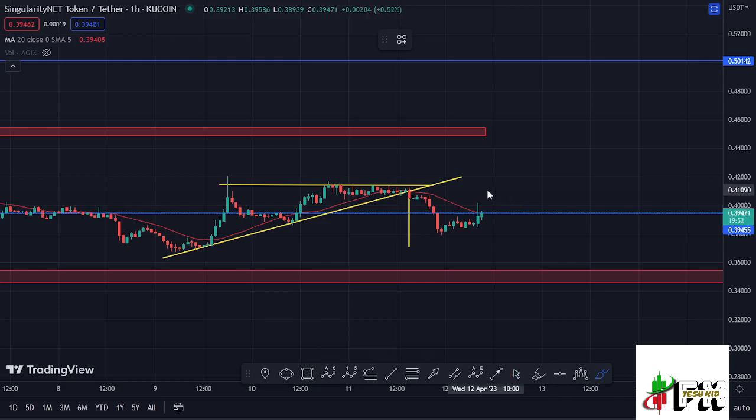$0.039455 mark, and the moment we manage to break above that and continue holding above it, then there are high chances that you are going to continue gearing up to our next key area of resistance at around the $0.45